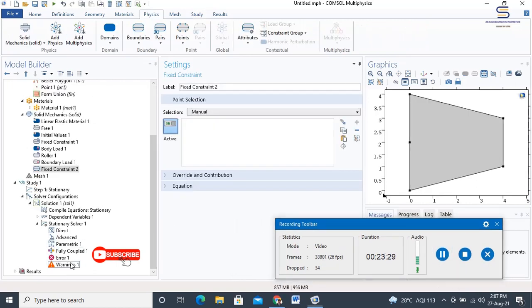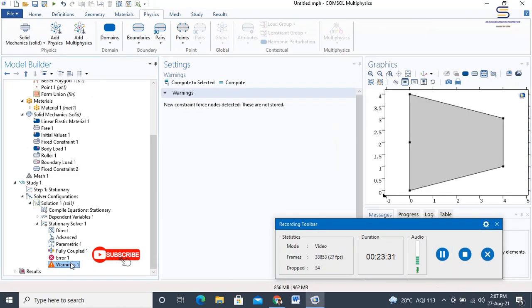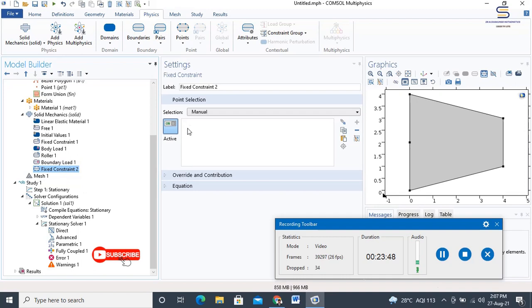We see that in the warnings, a new constraint force node has been detected but it has not been stored.